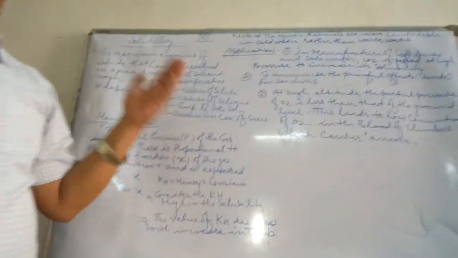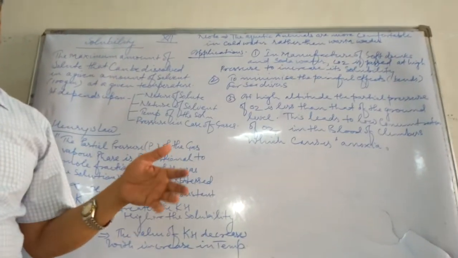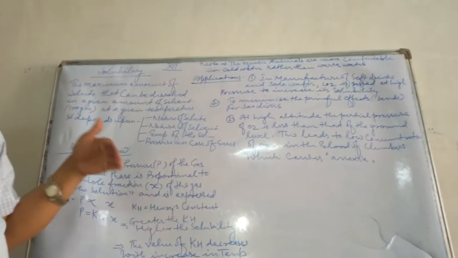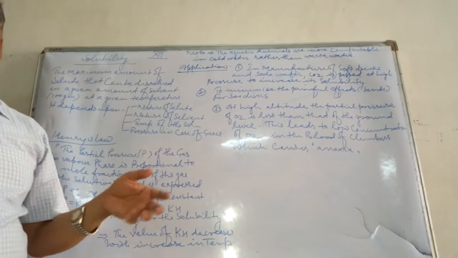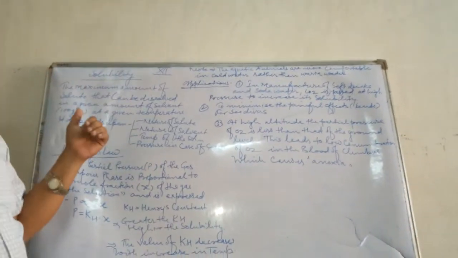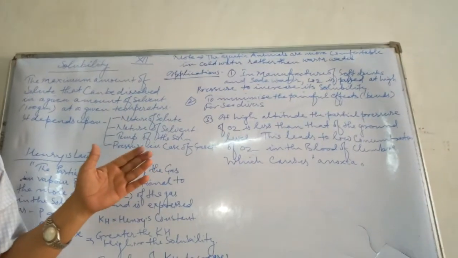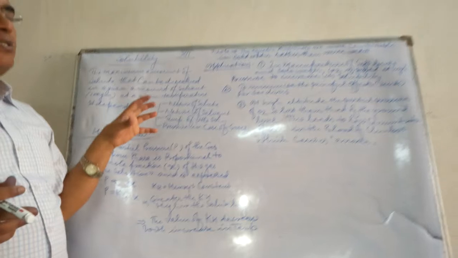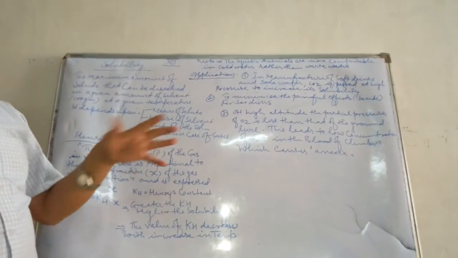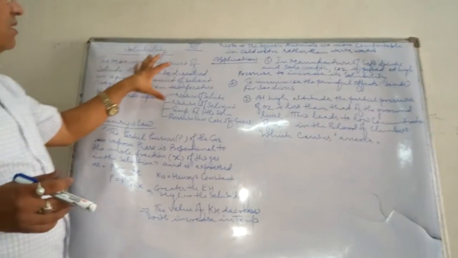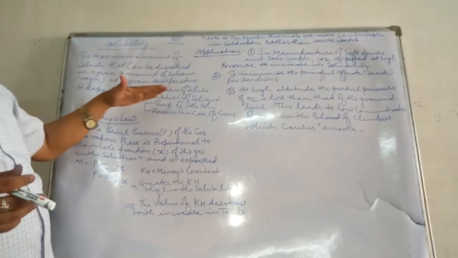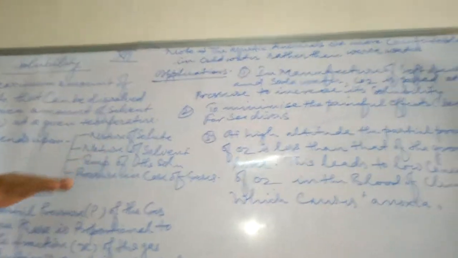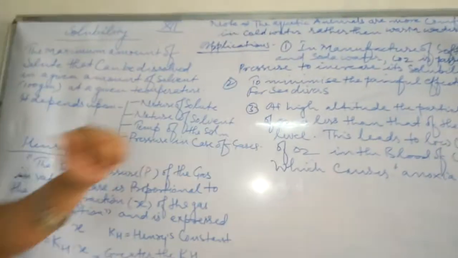So ultimately, children, in this chapter I gave you the concept yesterday regarding dP and dL, dispersed phase and dispersion medium. Dispersed phase is considered the solute, and dispersion medium is considered the solvent. Regarding different solute and solvent, I have discussed 9 types of different solutions, liquid solutions, solid solutions, gaseous solutions with their examples. And today it is solubility, the definition of solubility, and solubility depends upon the nature of solute, nature of solvent, temperature of the solvent, and pressure in case of gases.